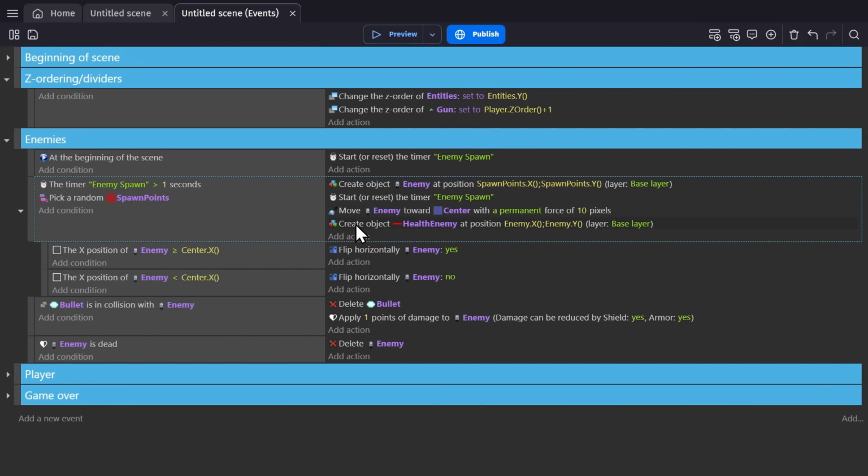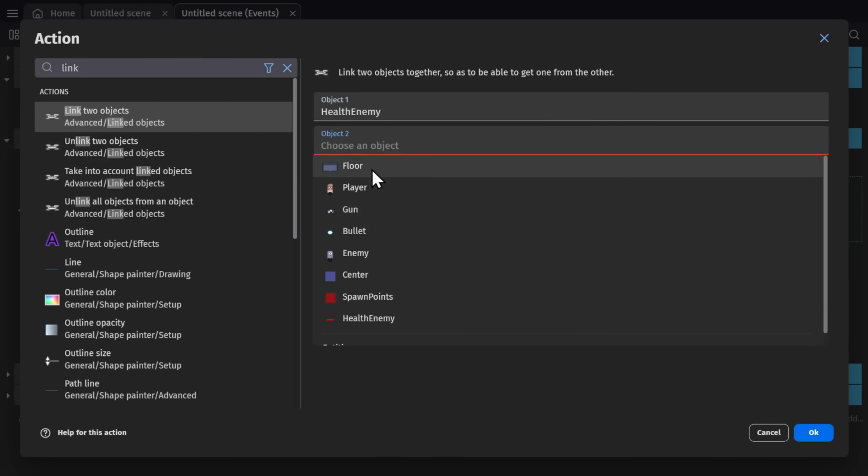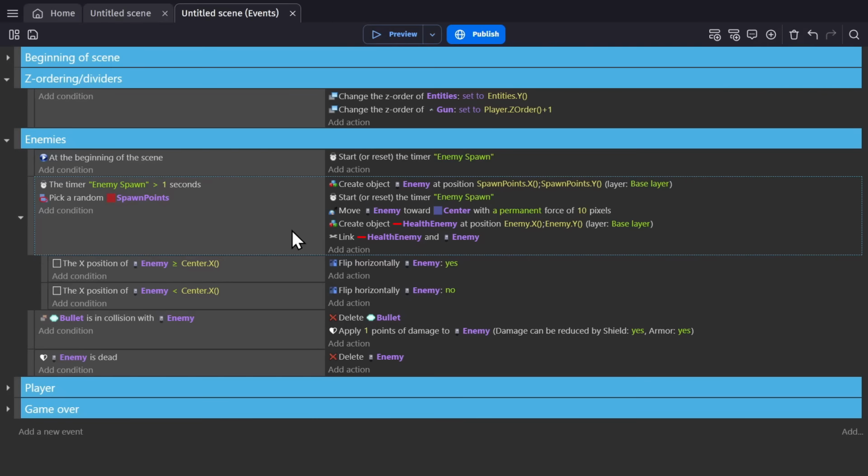So we'll be creating the health bar when we create a ghost object. And then we'll be using the action to link that health bar to the ghost, which will let us do something later. And because the ghost and the health bar are created at the same time, when we tell it to link, it's going to link two of those objects together because they've already been picked. And it will ignore all of the other ones in scene. So now that it's linked, I can make an event that positions